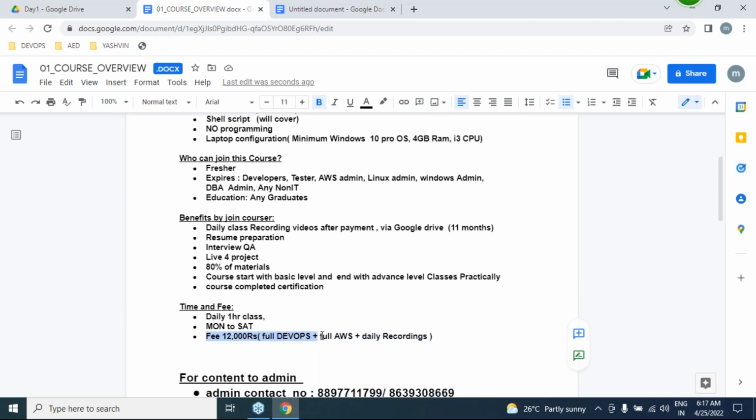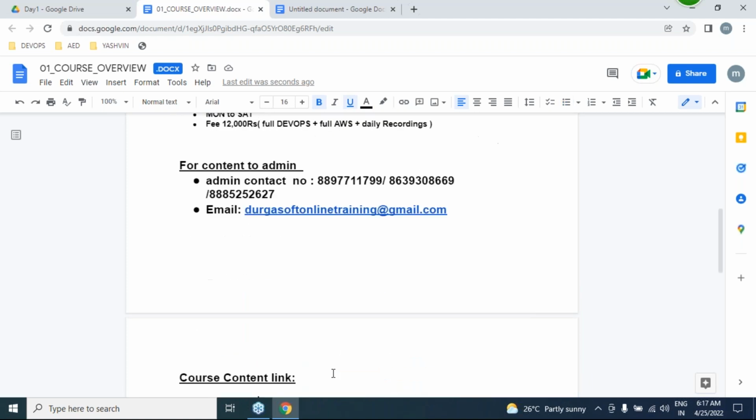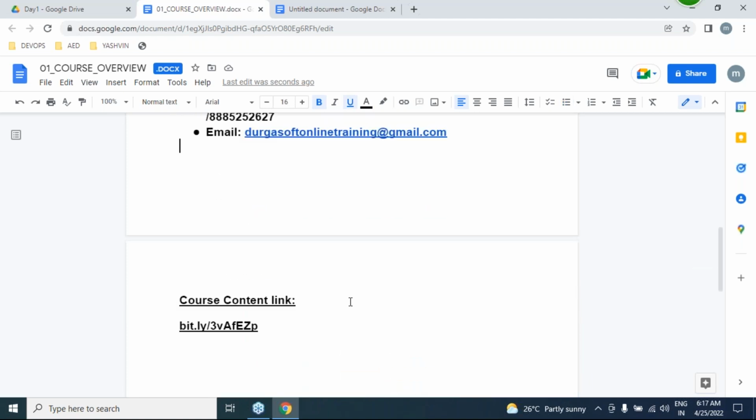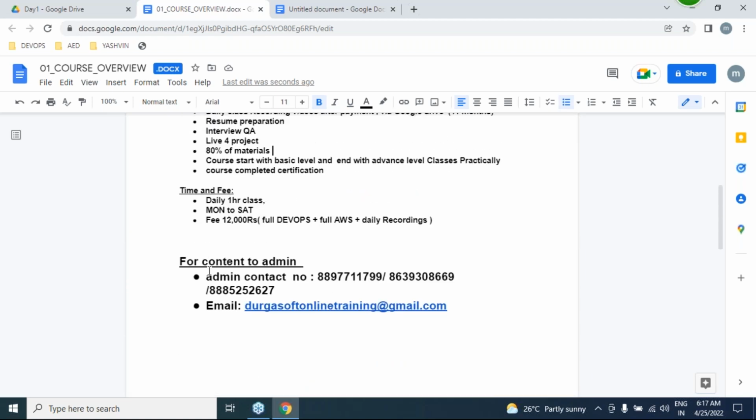If you have any doubts or questions related to fees or admin matters, please call these numbers. These are all my admin numbers.